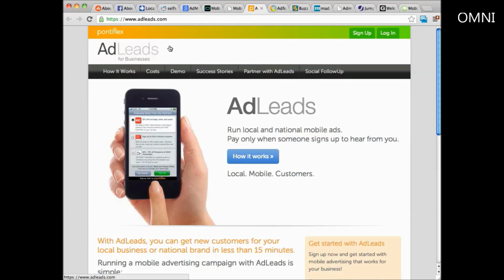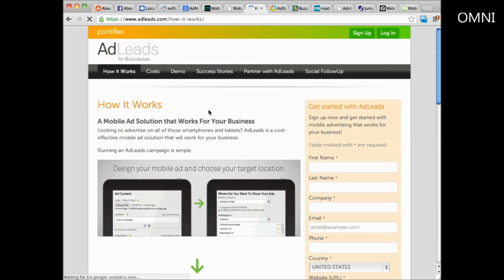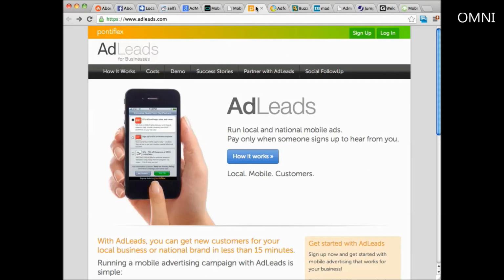Next one I'll show you is AdLeads, and this one's really interesting. That's at adleads.com, and primarily what they do is they run you ads to get leads. So they get people on your list either for local business or even national businesses, either services or products. They're a little bit expensive, but it is a neat process. It's a little unique from other advertising networks out there, and you can learn more about them at adleads.com. I think you're going to find it interesting, especially if you have a local business or if you help local